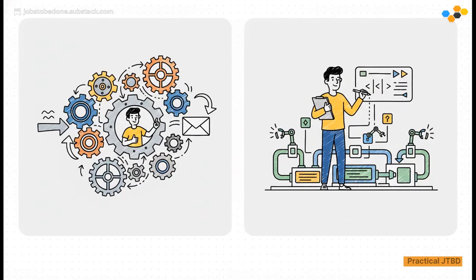Just look at the difference. The old role is pretty low-value work, right? You look at a chart, try to figure out what it means, and then forward an email. The new role? This is where it gets interesting. You're the one defining the rules. You authorize the automated agents to act. And then you review the results to make the whole system even smarter. You're not a cog in the machine anymore. You're the designer of the machine.